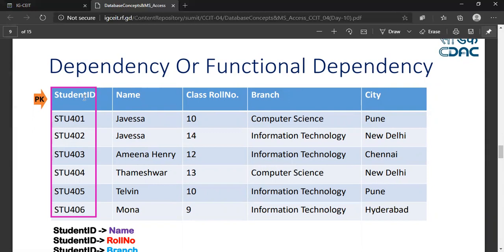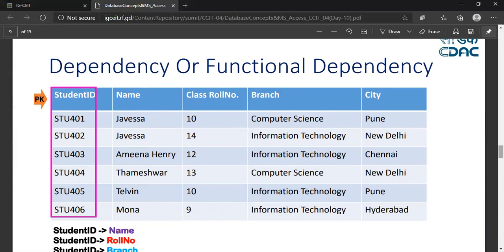Without student ID, I cannot uniquely identify each record in this particular table, right? So I will say this particular scenario is called a functional dependency, where all columns are dependent on a primary key column. It is a scenario where all the columns in the table are dependent on the primary key column. This is called functional dependency or dependency.